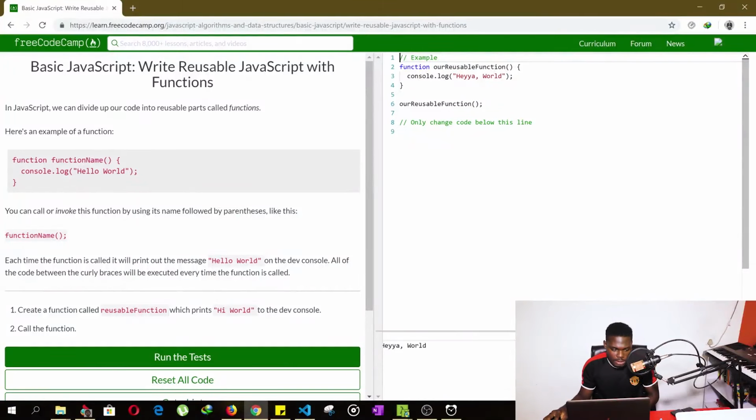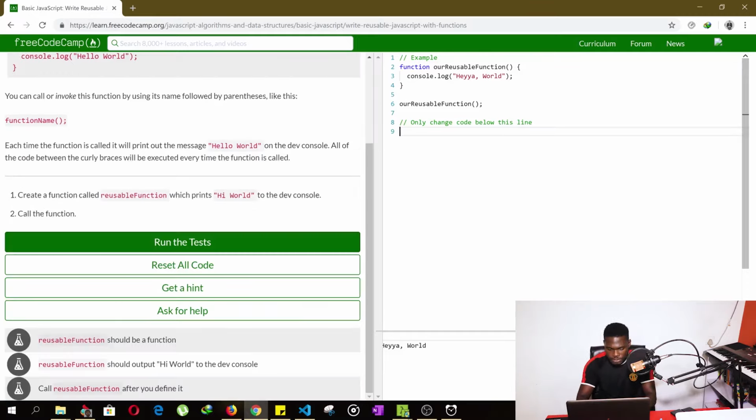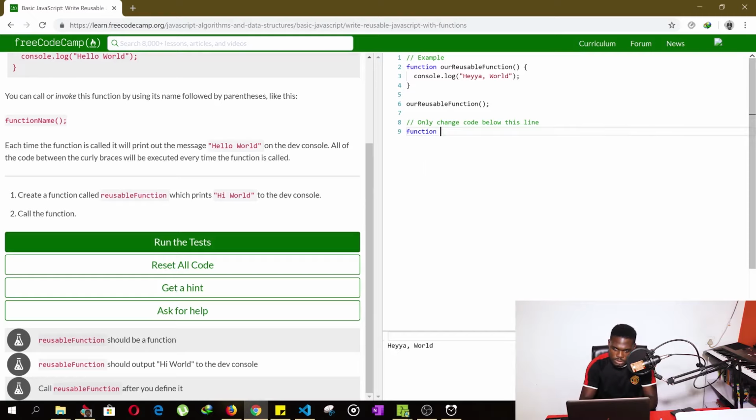All right, now we are going to start up with this. Write reusable JavaScript with functions. Taking it from here, it's not so difficult. Easy peasy function. There's a shorter way to write functions, however, we'll learn that much later. For now, we are going to use